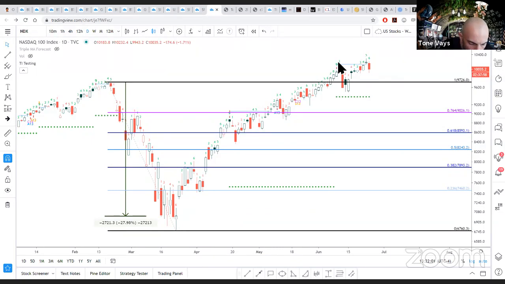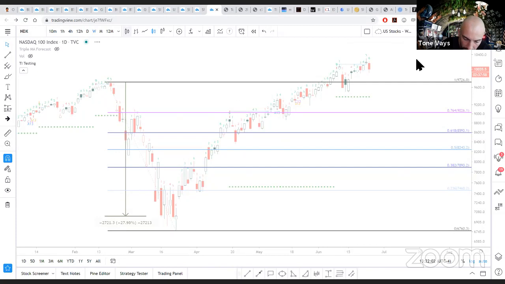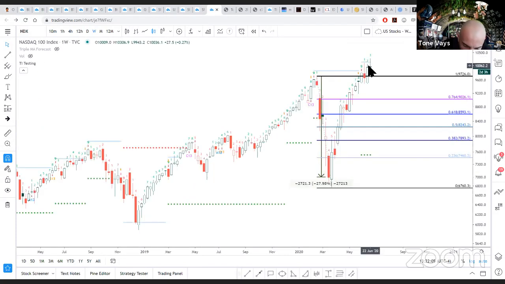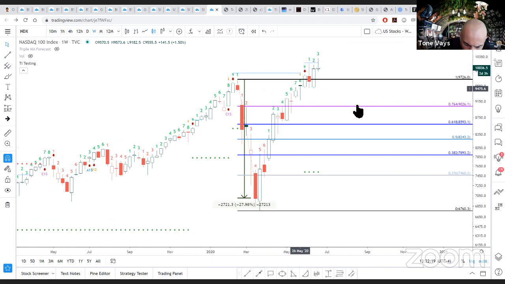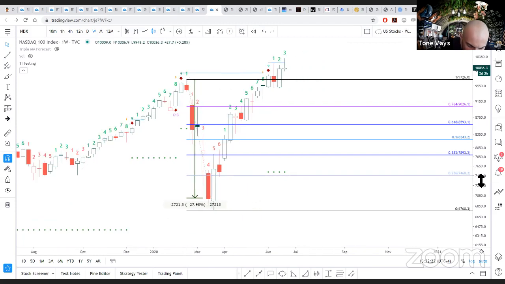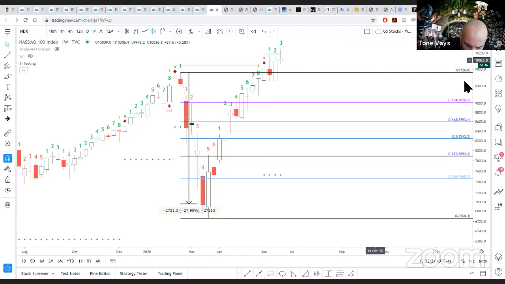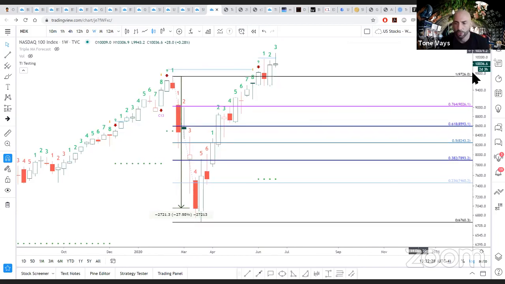I can look at the weekly, see if there's anything interesting there. Again, reversal candle on the weekly, but look at the counts. This is where I was anticipating a drop in NASDAQ, and it looked perfect. But then last week and early this week, I've been dumbfounded by the strength in this market. I continue to trust my gut on this one a little bit. I usually don't trust my gut. I usually go with TA. 90% of the time I go with TA. This was that 10% exception where it just made no sense for the market to keep rising. So I had to just stay with my short.